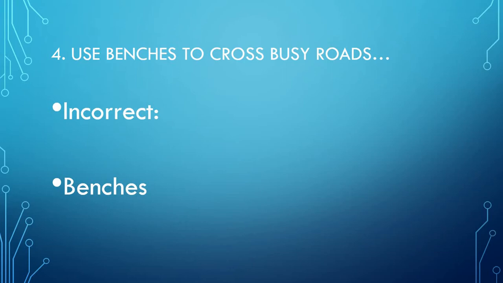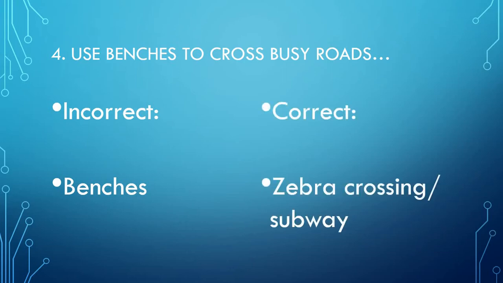So the correct answer is, correct word fits. Now there are two words here, zebra crossing or subway, because these are the two ways of crossing the busy roads, isn't it? So you can write either of these two words, or you can write both if you want. The choice is yours. So please write it down. The correct spelling should be written if you are writing in your books.